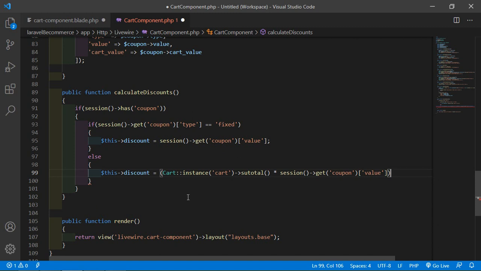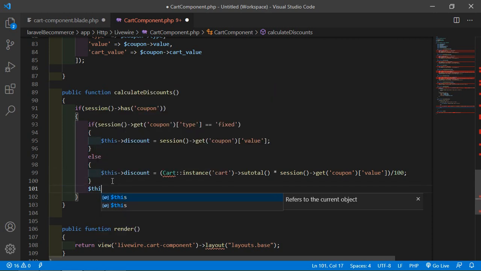And now here I am just going to multiply these two values. First is subtotal in cart and second is coupon code value. Okay, and now just divide by 100. It will return the percentage discount. And after this just store the value in subtotal after discount.